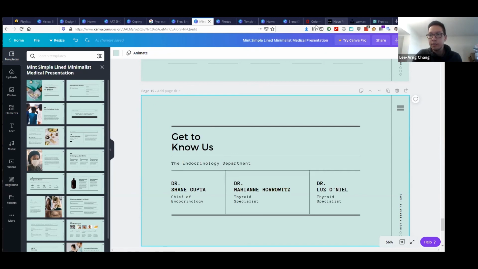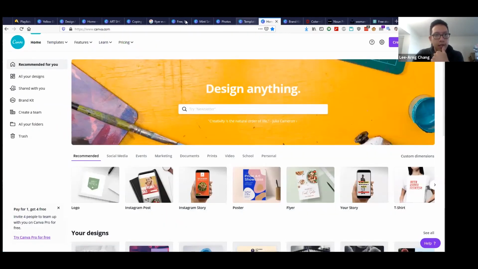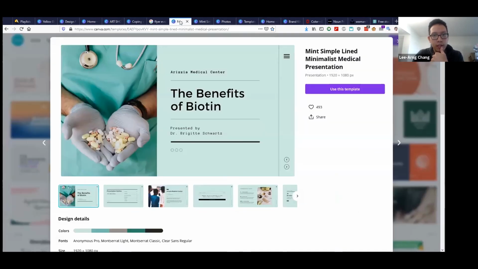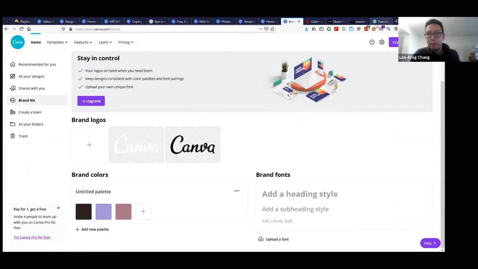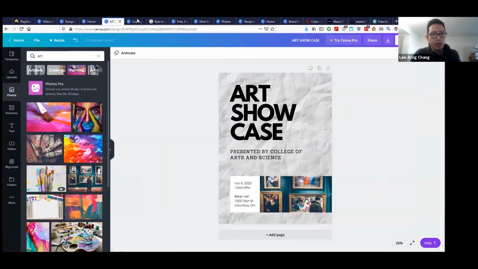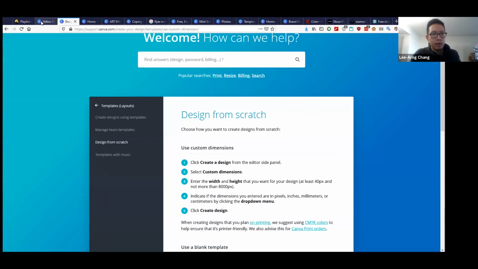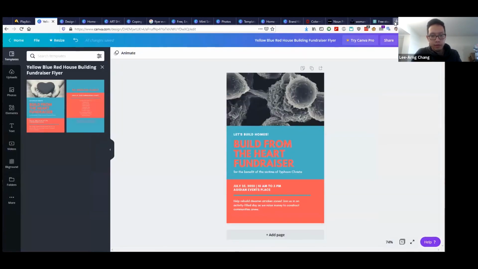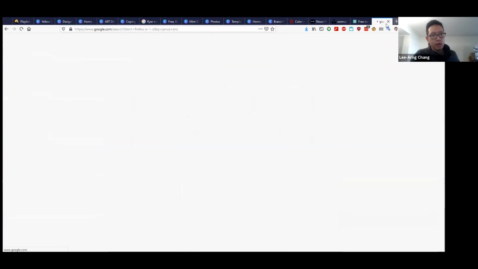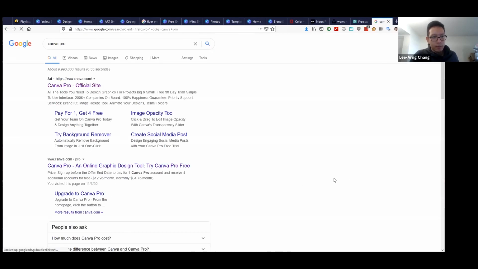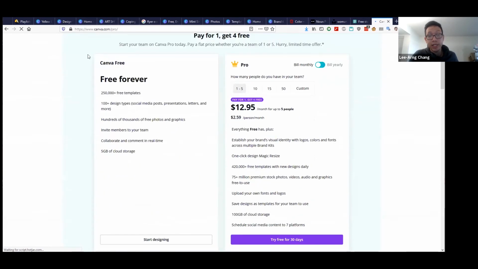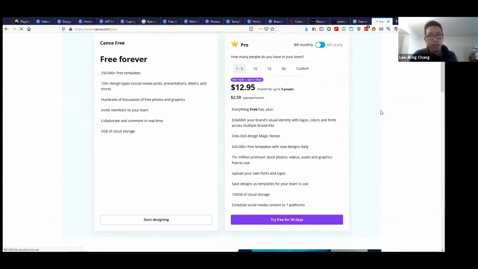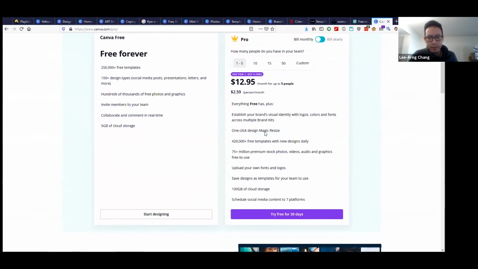Let me see, I had opened up, here. There's a web page that shows the difference between Canva Free and Canva Pro. It's right here, and it's called Magic Resize.